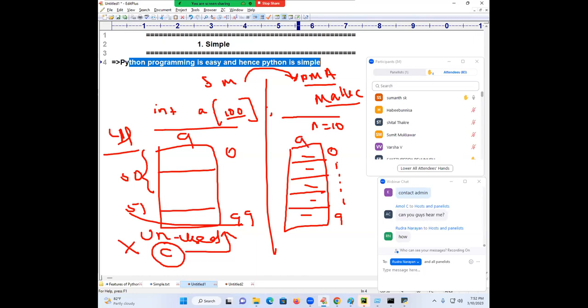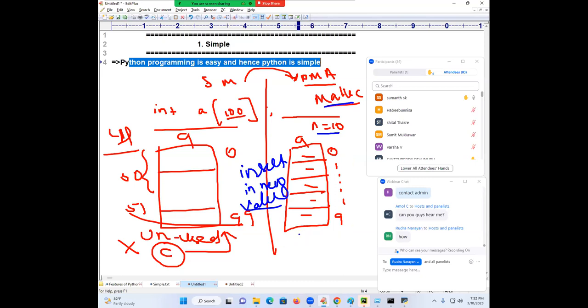Now the array is pointing. My point is, I want to insert a new value. For example, I want to insert one new value. Where do you insert? You tell me. Because you already allocated dynamically, 10 means 10 locations only allocated. I want one more value to insert as the 10th location. Is it possible in our C programming? No. That is one problem.